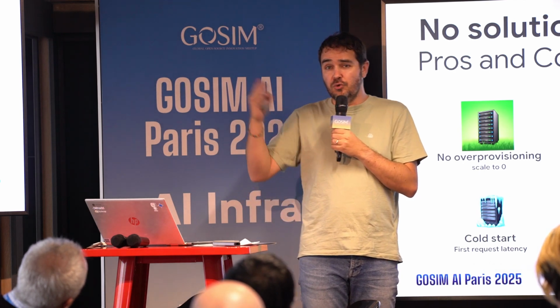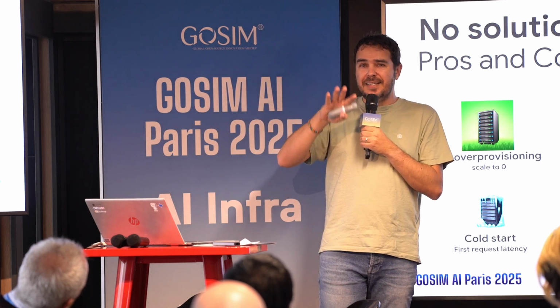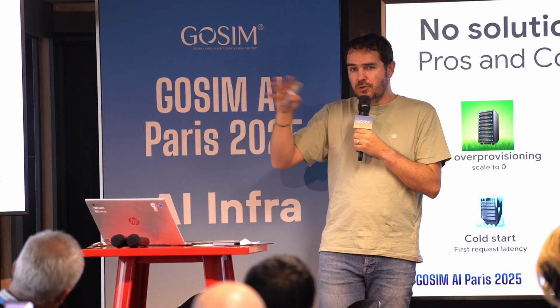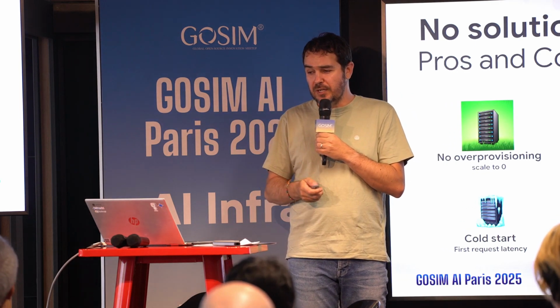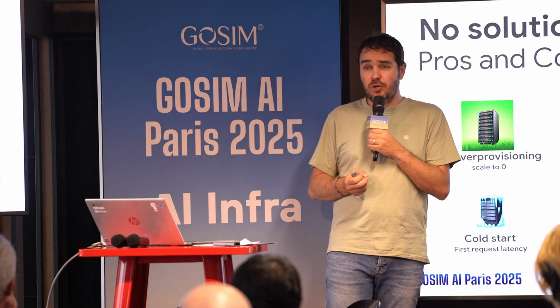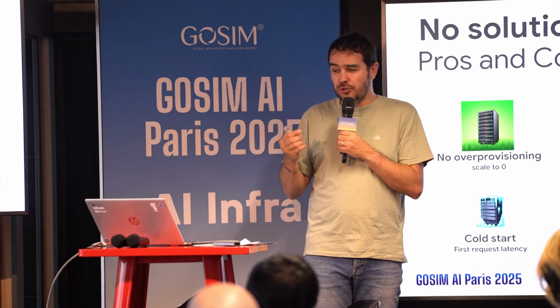You also have some limitations in terms of regions on Google Cloud. You have every continent in the world covered, but only one or two regions per continent, because GPUs are very scarce. It's difficult to have a lot of GPUs everywhere in the world. So you have only a few regions available on Google Cloud. And you also have limitations in terms of GPUs available. Only NVIDIA L4 are available right now, maybe more in the future, but you don't have the choice of GPU right now. So for some use cases, it could be perfect, for others not.